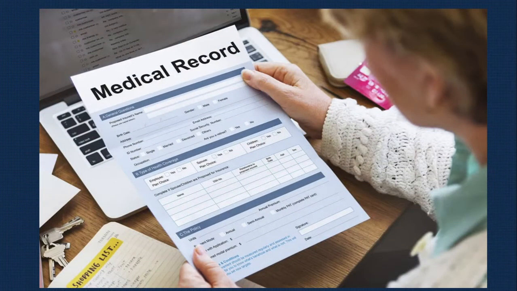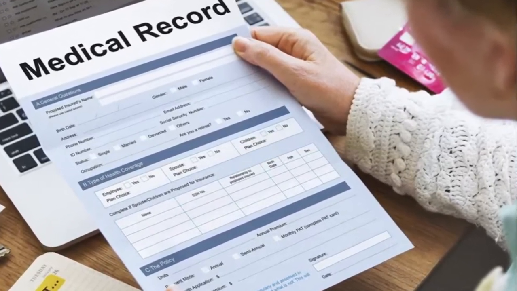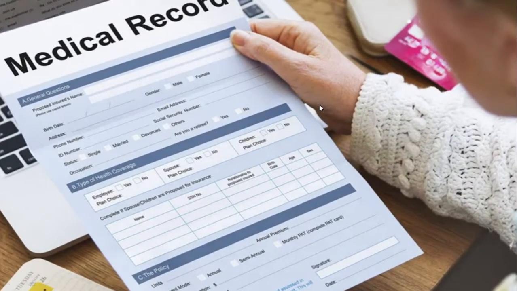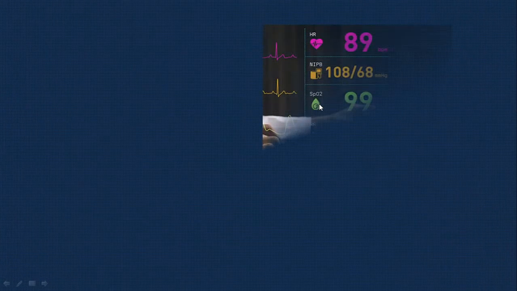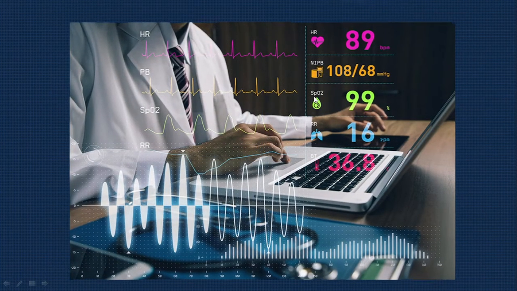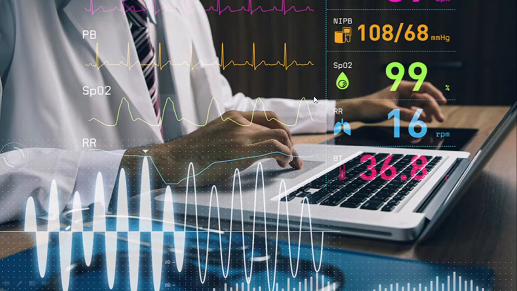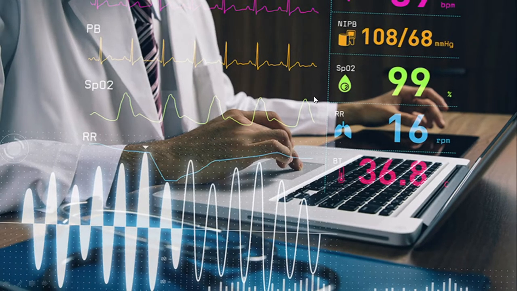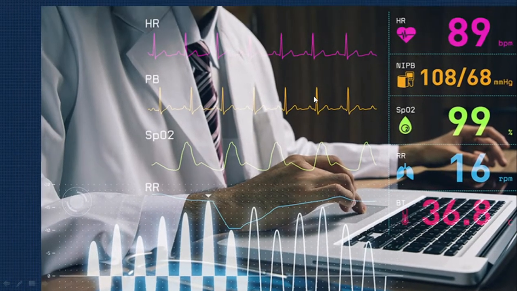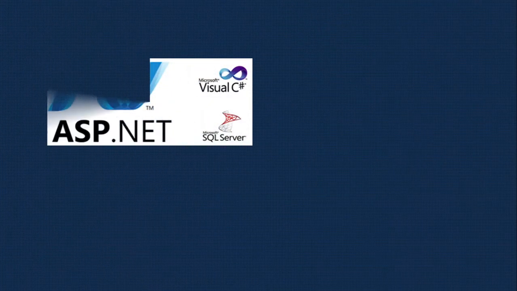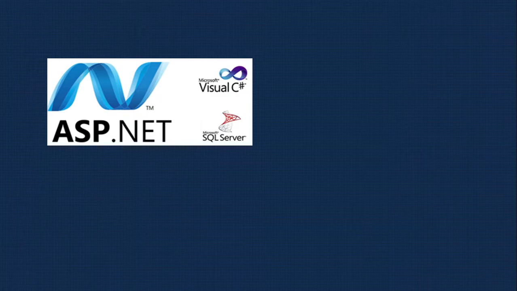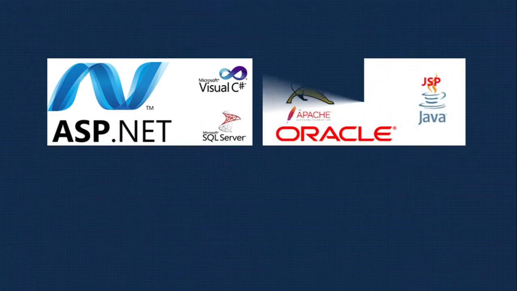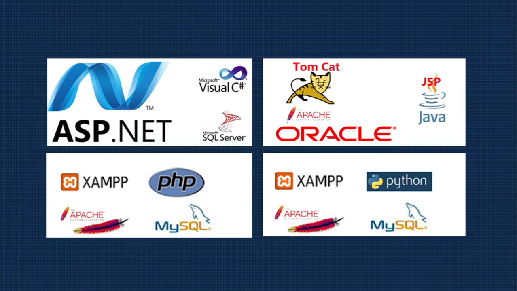If you're doing a CS course, that is a computer science course, and you need to do a project, you require an idea, a different project title. So here health insurance is such a title. You can make an online project, and the important thing in health insurance is that the person has to take the health insurance policy. This project can be done in ASP.NET or JSP or PHP or Python. So let's see the project details.